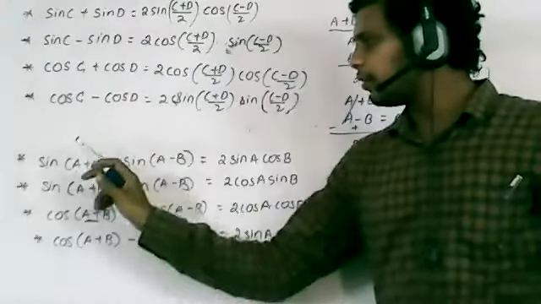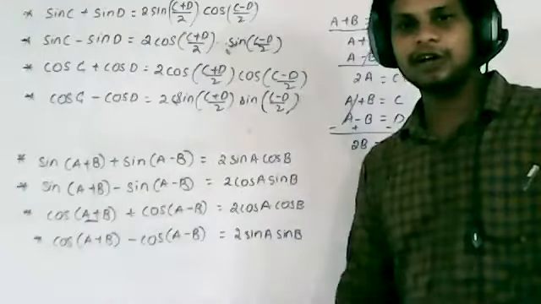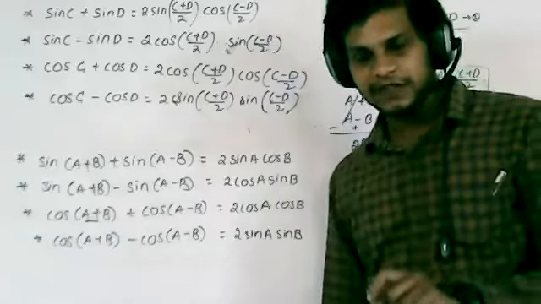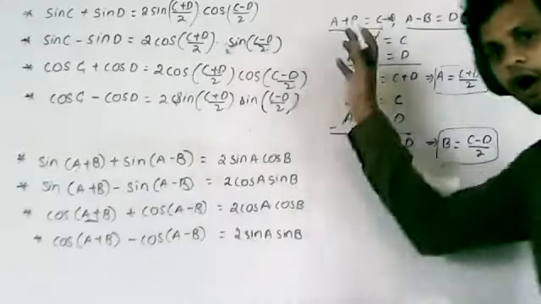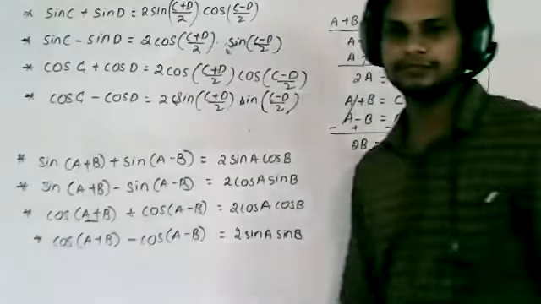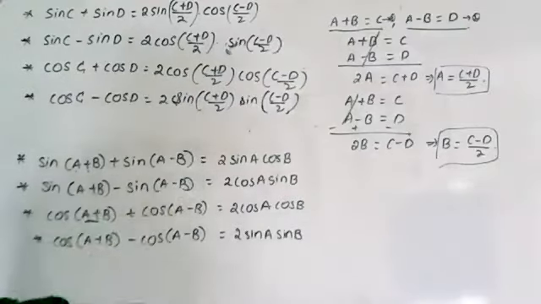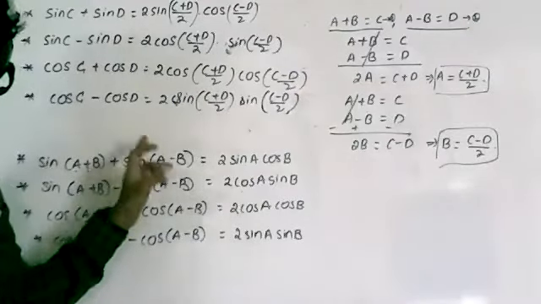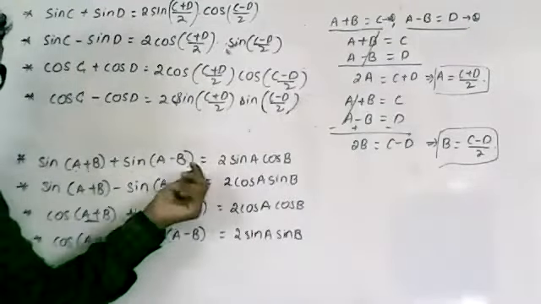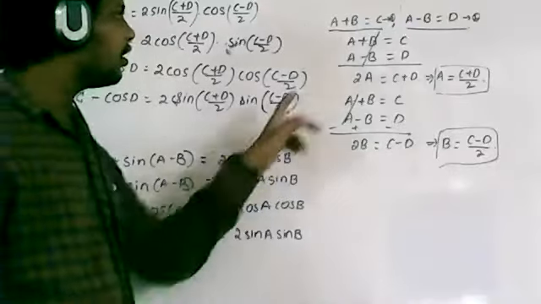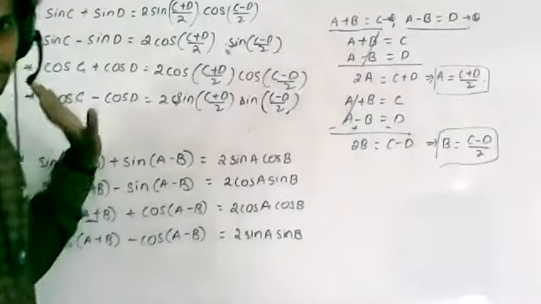So if you remember a plus b and a minus b, then the entire concept is over, right? If you take sine of a plus b and sine of a minus b, all these are based on that only. Till now, whatever we discussed is based on sine of a plus b and sine of a minus b. If you take a equal to b, we got one equation. Then we considered like this, and we derived these formulas.